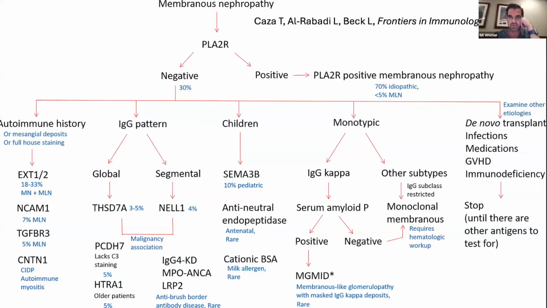So hopefully in the future we can have a panel that gives us the idea of all these different things, and we could avoid a biopsy, especially in a patient like this. But obviously, when you have this autoimmune history, or you've got your full house staining and mesangial deposits, you're really looking at membranous, especially if it's already PLA2R negative, just like our case was. You're going to be thinking it's one of these. Contactin is really more of the autoimmune neuropathy, not necessarily lupus, but these three are the ones that are associated more with lupus membranous. And so that's what we're thinking that she might have, although we don't really know that.